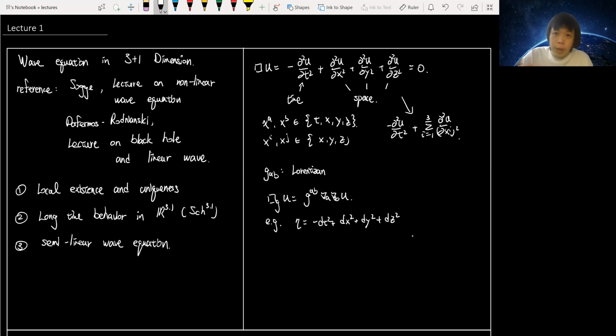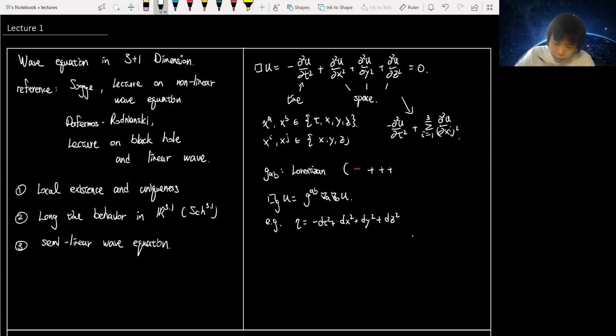This is called the Minkowski metric, and the corresponding spacetime is called Minkowski spacetime. So here we can see that this is pretty similar to the Laplace-Beltrami operator. The only difference is we are contracting the Hessian using a Lorentzian metric, which has signature minus,